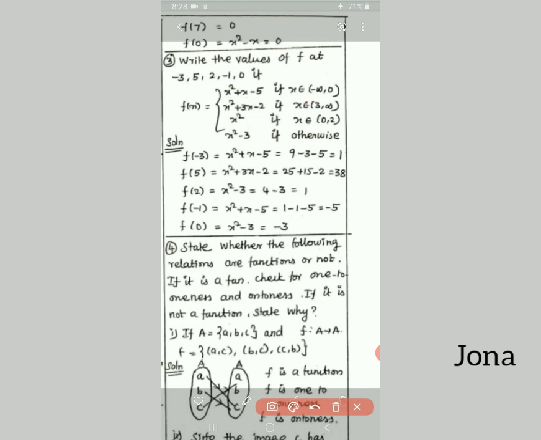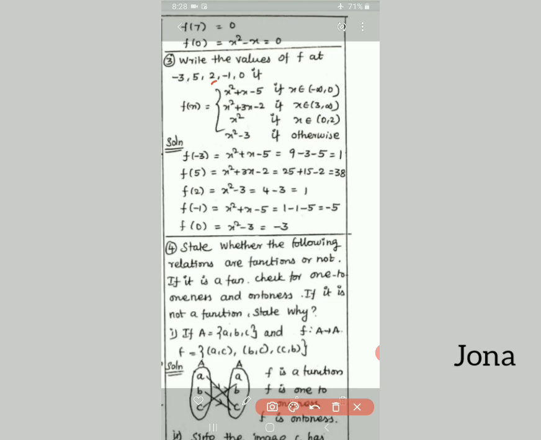The second one, this 5. In which interval will the 5 be there? 3 to infinity. So here I have 5, and I want to take this function for the calculation. I substitute the value of x as 5, so that I got the value 38. And the next one I got 2.